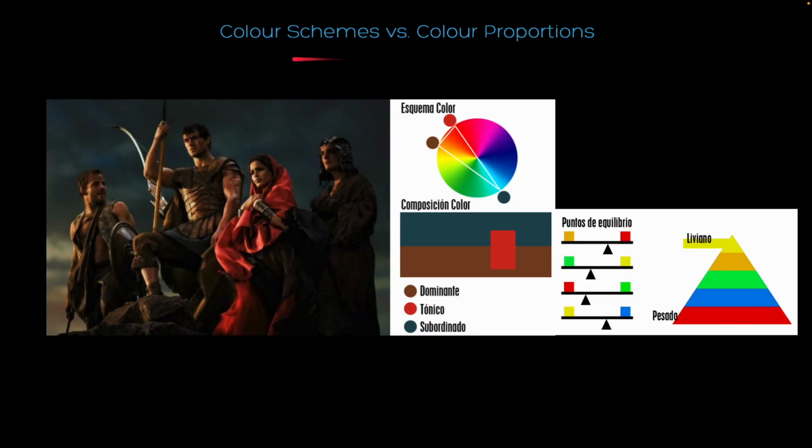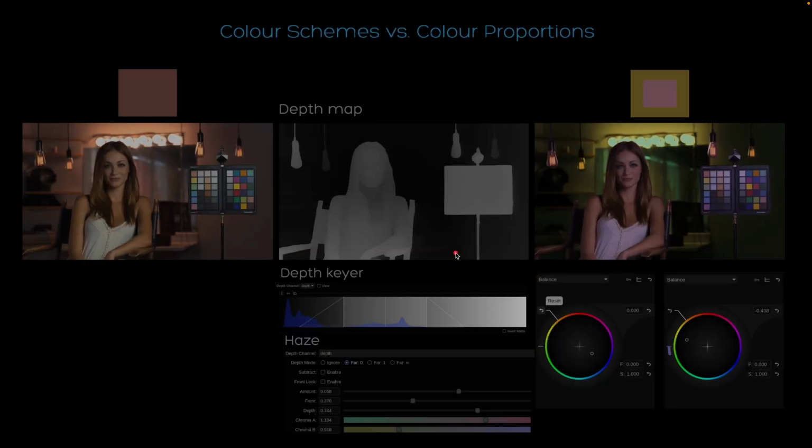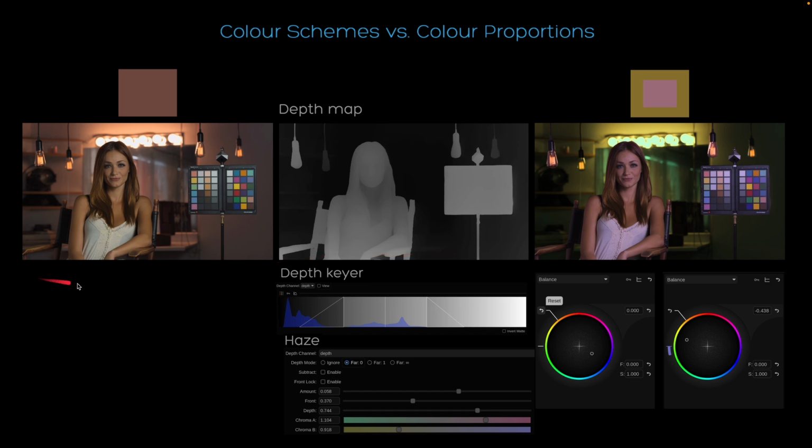These tools are applied to alter not only the color schemes of an image, but also the composition of the color of the image, being able to modify the accent and the dominant with the use of different tools based on machine learning. The images are captured with a palette given by the art and photography directors. But thanks to the depth map, combined with the depth keyer, it is possible to alter the background and the foreground independently, being able to make an image of analogous color and enhancement of the figure through complementary balances by generating a chromatic contrast and color separation, modifying the sensation of depth with the aim of changing the expressiveness of